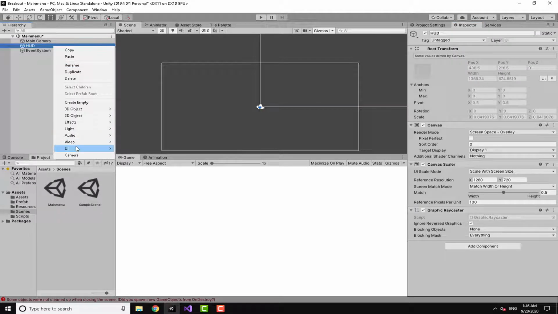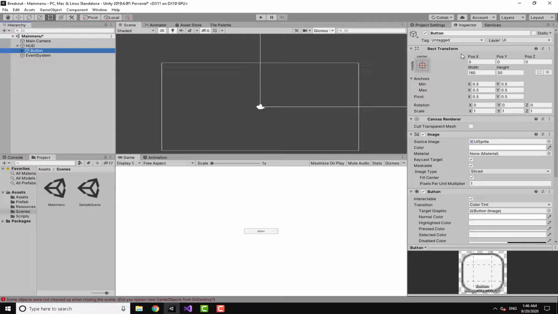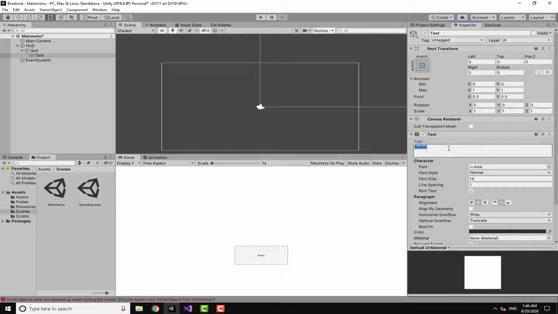And now I'm going to make a button. I'm going to write this button as quit, and I'm going to make it a little bit wide. Okay, this is fine. I'm going to drag it a little bit up, or actually down. I want this to be down, and I'm going to go to my text, and I'm going to write here